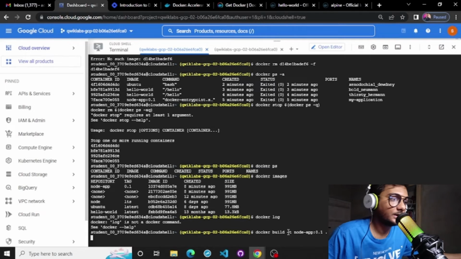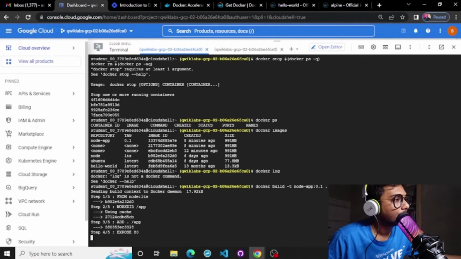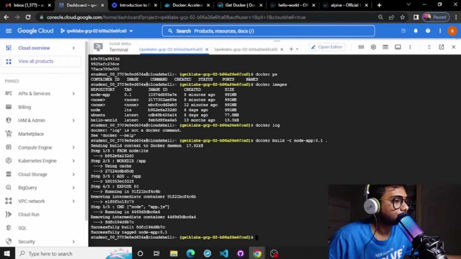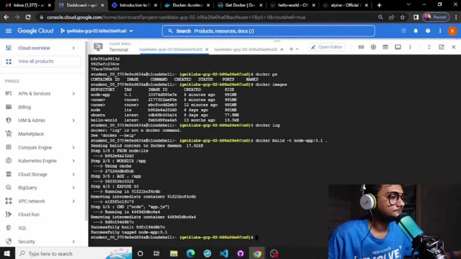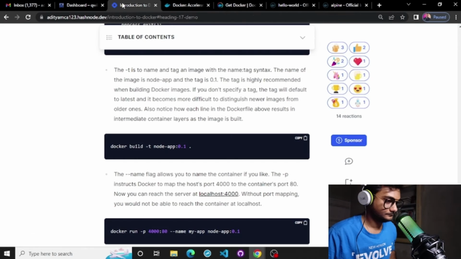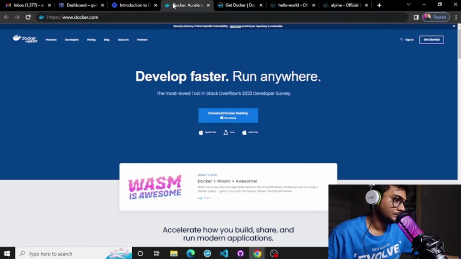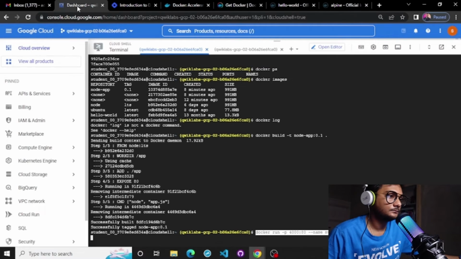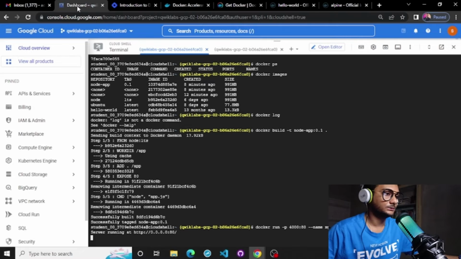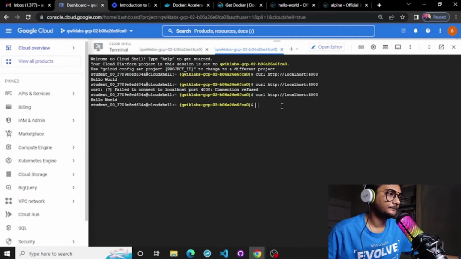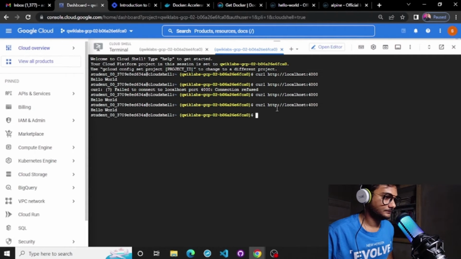So let's build our application again. Now the server is running successfully. Let's see if it's working or not. Yeah, it's working. Let's stop this one